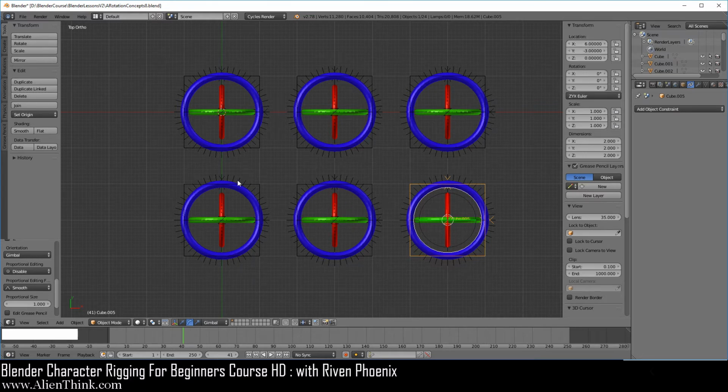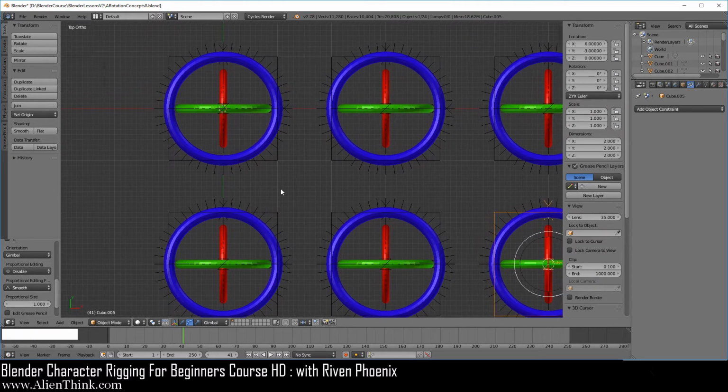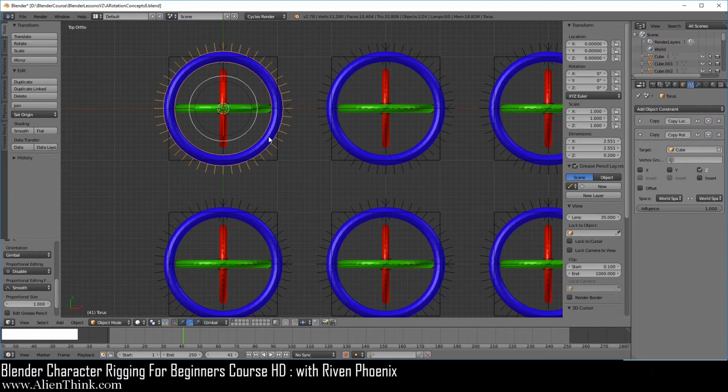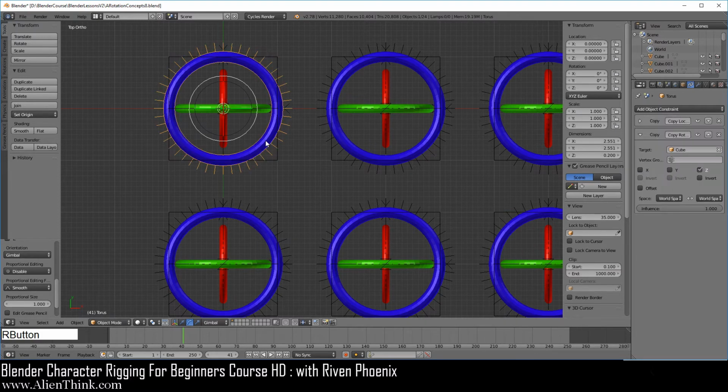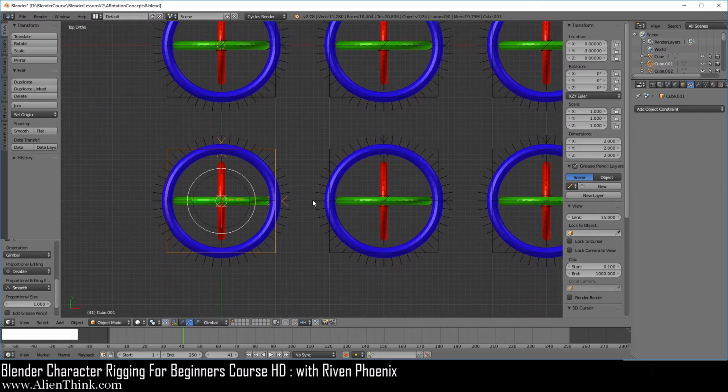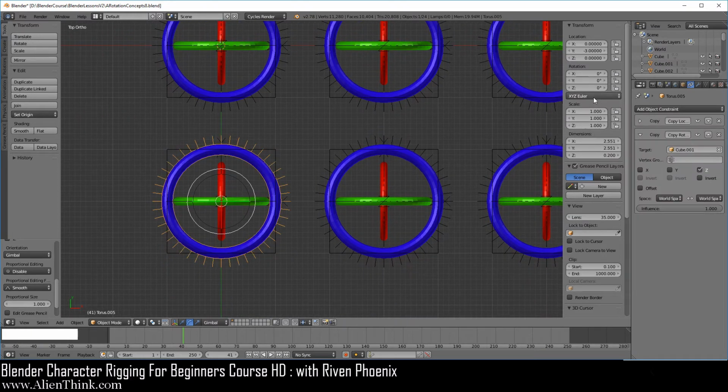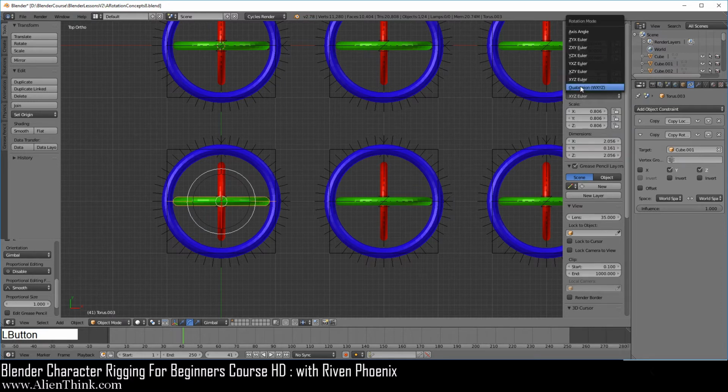Okay, so now of course this means that we have to go ahead and make sure that all the rings match, right? So this of course is XYZ, so we know that this is correct, XYZ, XYZ, and XYZ. Now on this one, we did XZY, so we're going to change this to XZY, click on this, change this to XZY, click on this, and change this to XZY.